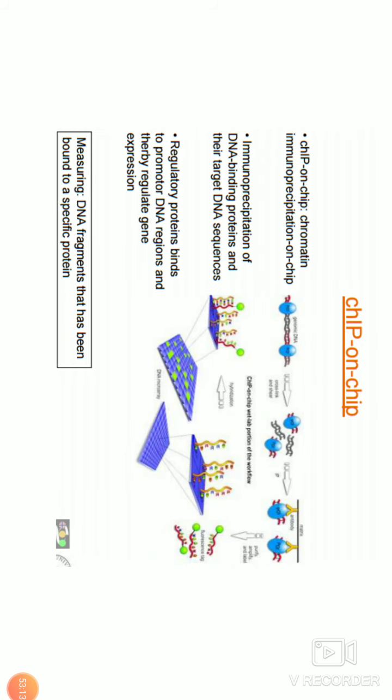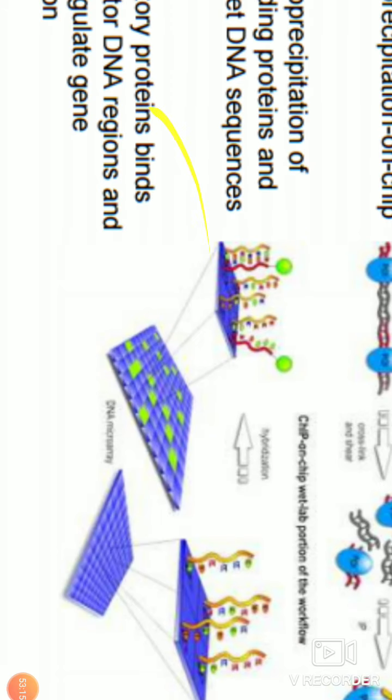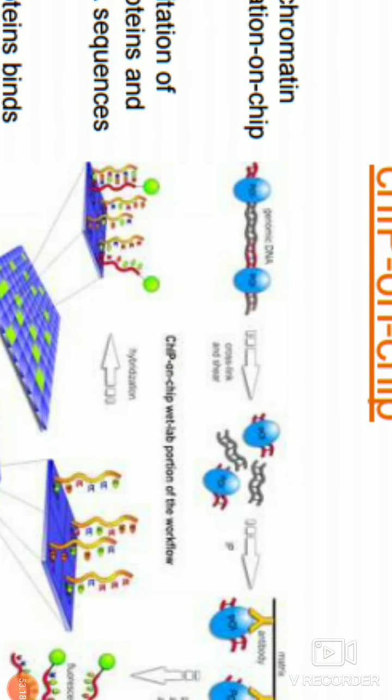ChIP-on-chip is a unique technique where suppose you have a genomic DNA, and in it a section with a gene which is expressing. The expressing gene can have exons and introns, but to regulate gene expression you have other regulatory elements like promoters and enhancers. Whether they are there, and what kind of proteins are binding there, can be understood by ChIP-on-chip.